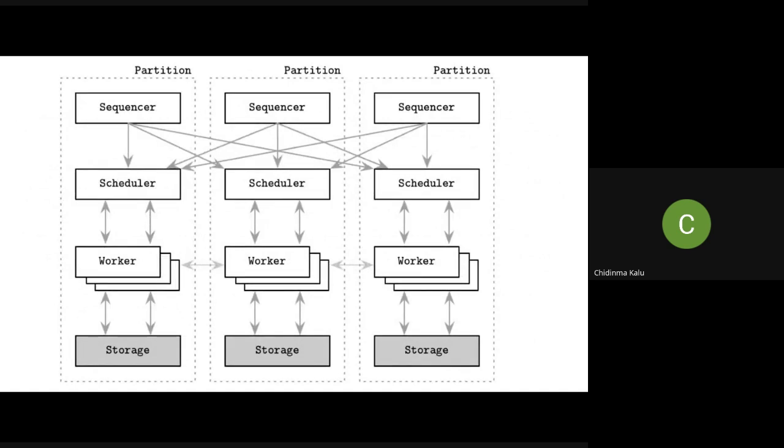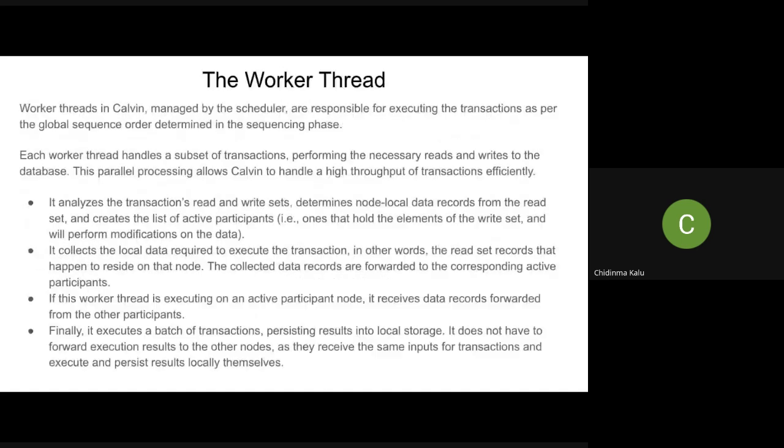So we have the sequencer, which we've talked about, the scheduler, which we've talked about, now the worker threads. So the worker thread in Calvin is managed by the scheduler and is responsible for executing the transactions as per the global sequence order determined by the sequencing phase. These worker threads analyze the transactions' read and write sets. It collects the local data required to execute